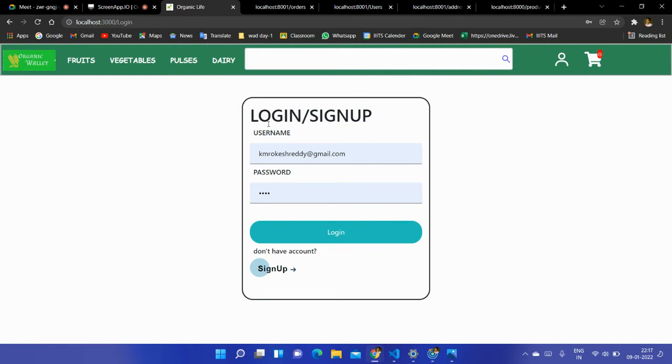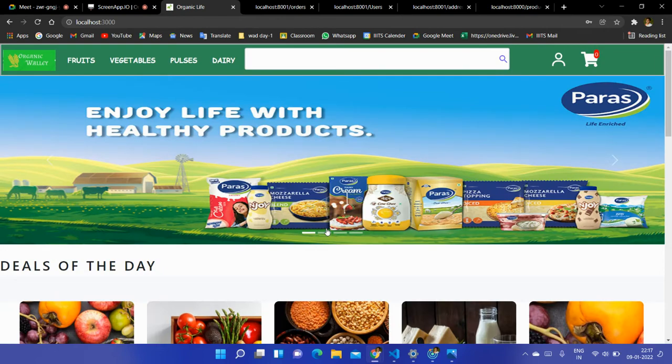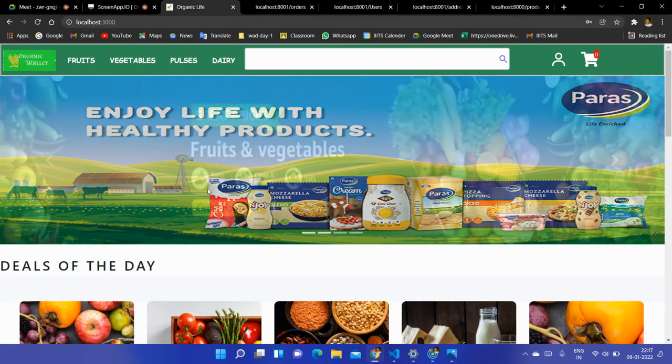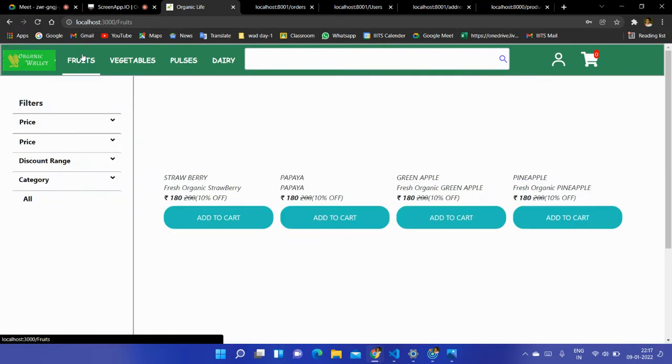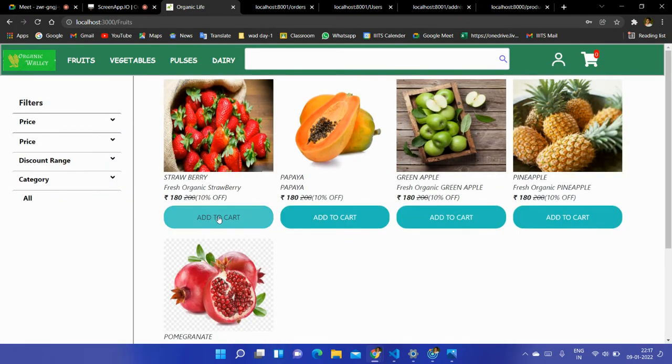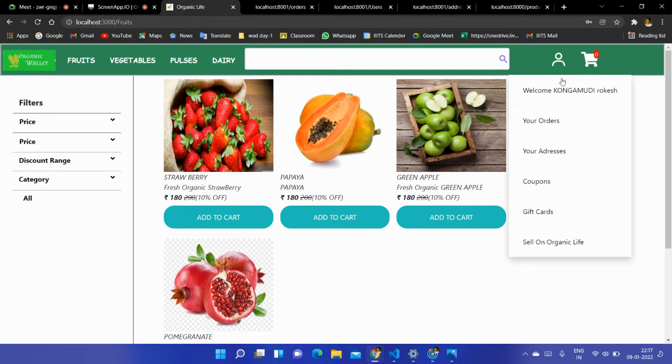We have performed this operation based on the email address. If you give a different email, it will take it. This is the search and login and sign up. If you click on the profile, that particular login information will be shown there, based on that username.